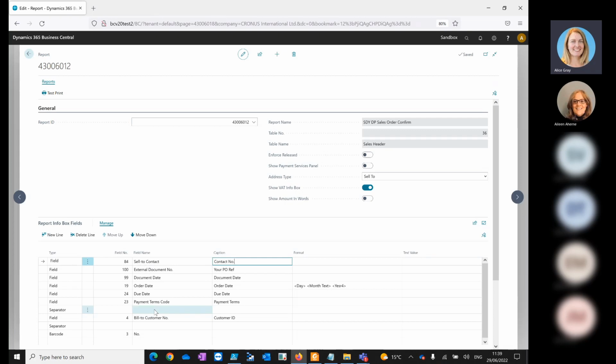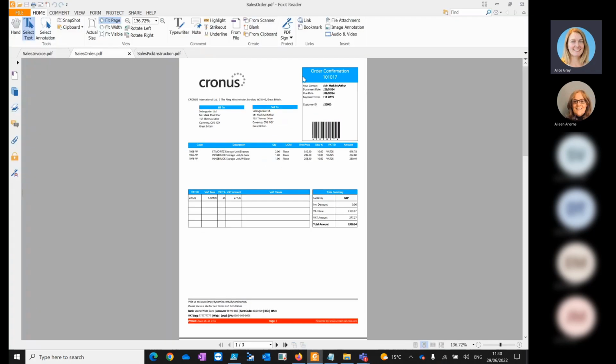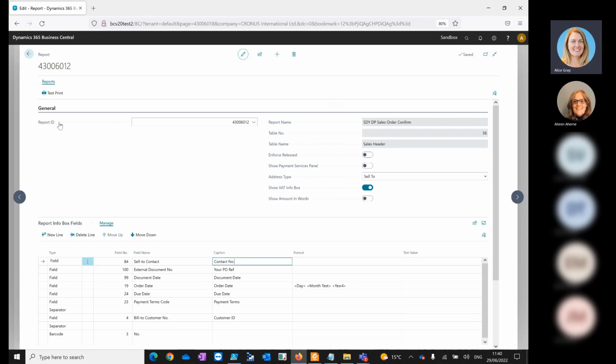All the reports that go out and leave your business would have this info box at the top of them. So again, just to remind you, this is what we're updating here at the moment. We're just adding a field to that, moving the order around and changing a caption. So if I just do a test print on that,